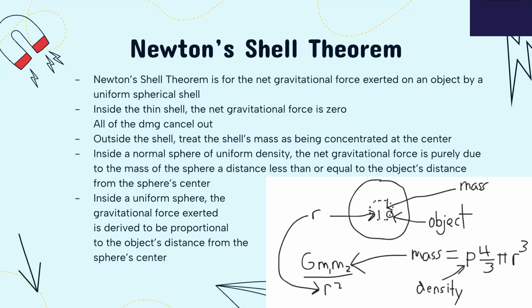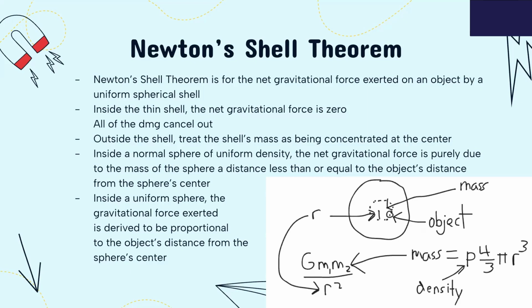And because of this, the gravitational force exerted on an object inside a uniform sphere is derived to be proportional to the object's distance from the sphere's center. So I sort of did that on the bottom right. For a uniform sphere, I drew an object located here, and I drew it in 2 dimensions, but it's 3 dimensions. I drew the appropriate circle of all distances r less than or equal to the object's distance